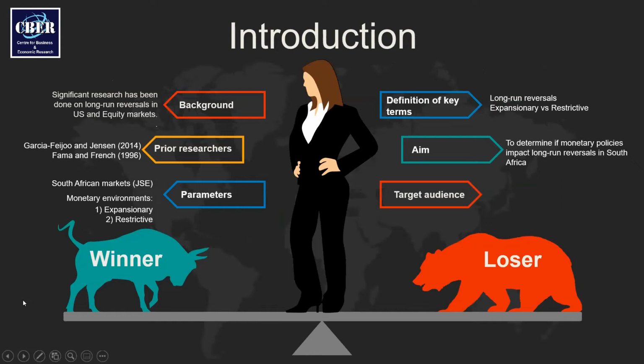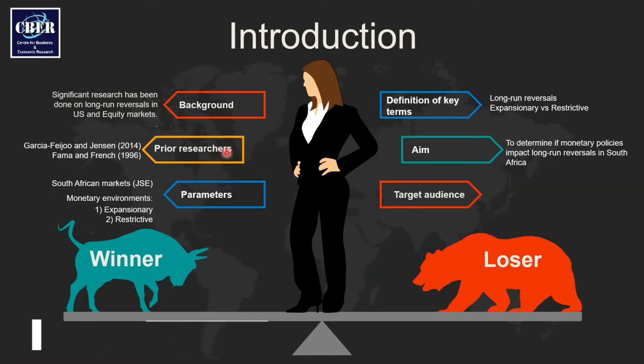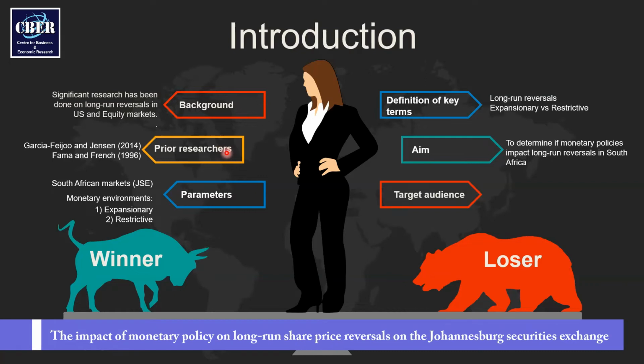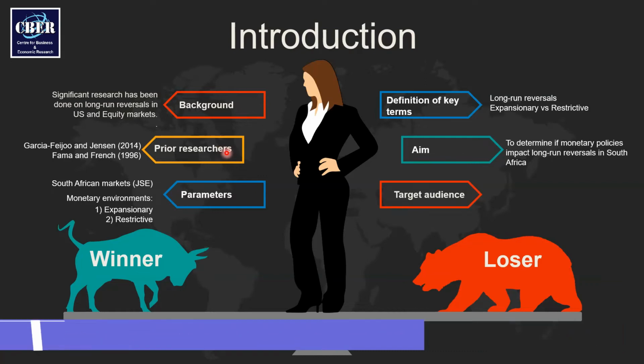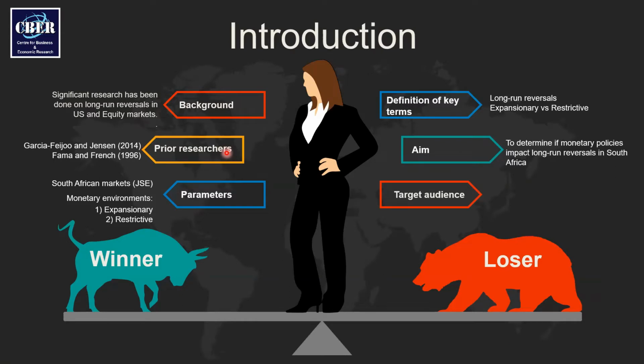Just a brief background. There has been quite a bit of research on long-run reversals. However, the study was heavily focused on US and European equity markets. One of our recent examples being Garcia Fajon Jensen, whose paper was a build-up from the famous Fama and French of 1996. They are two of the key authors who inspired our paper, along with many others. There's evidence of reversals around the world for various reasons, such as overreaction, but this paper specifically looks at the impact of monetary policy